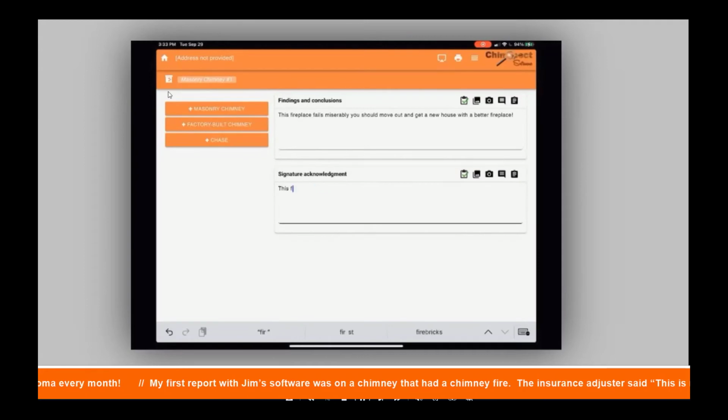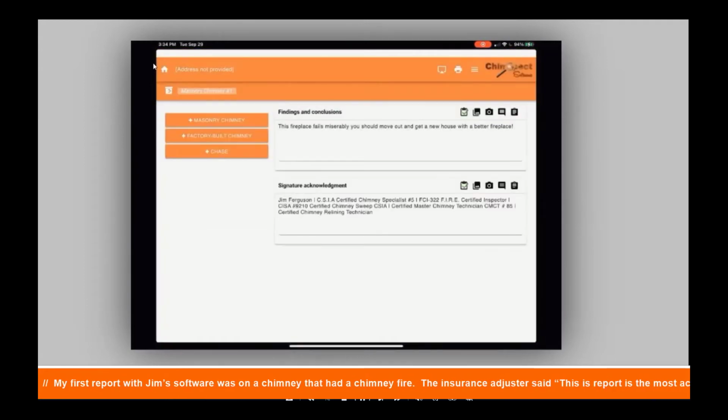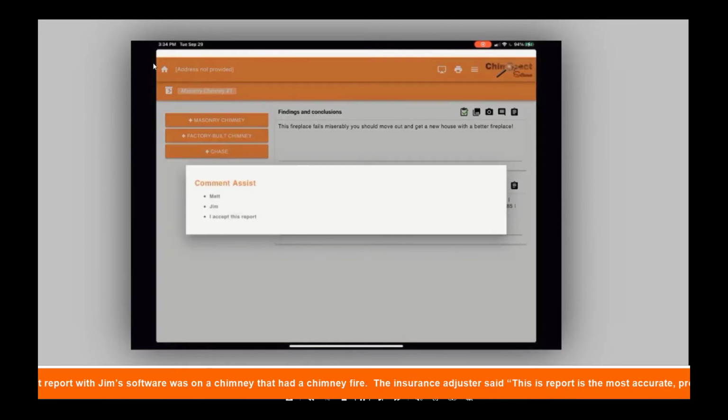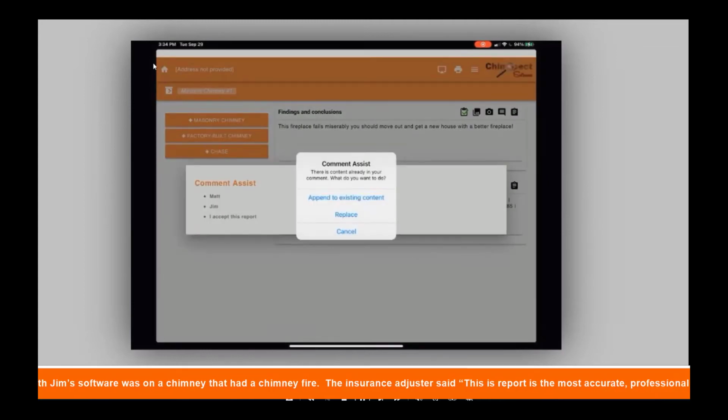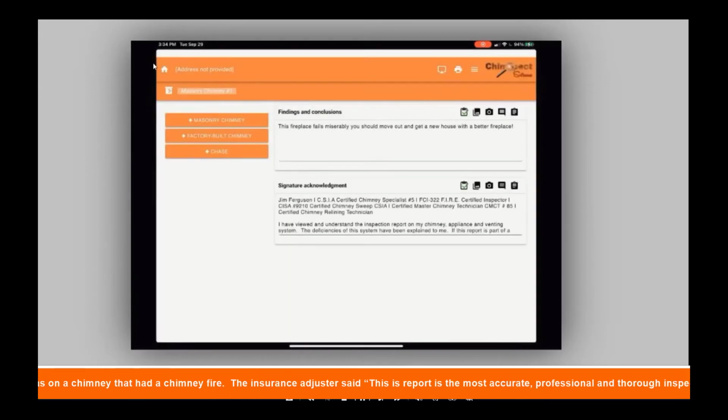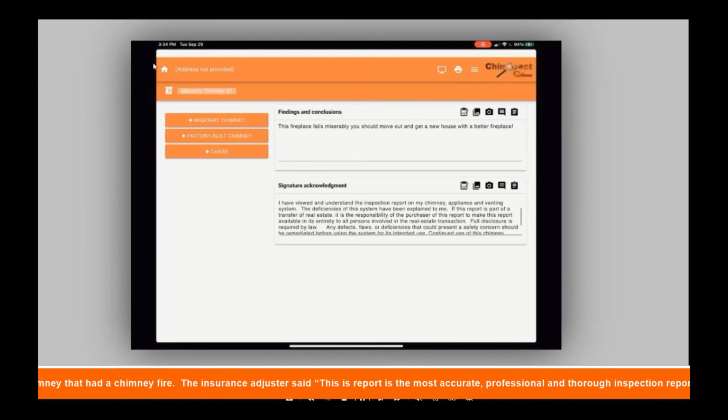We are going to tap on the little clipboard where we have some comments set in there. I'm Jim. I inspected this fireplace. I want to append this and say I accept this report. So I can either replace that comment or I can append it. So I wanted all my credentials up there and that I was the inspector of it. And it also has our little